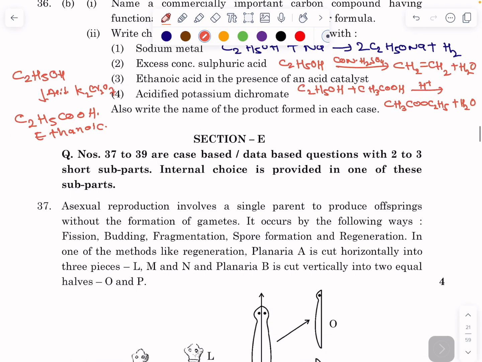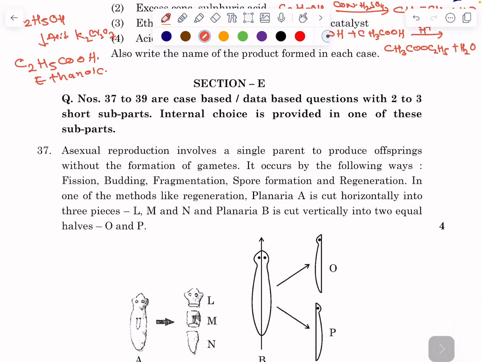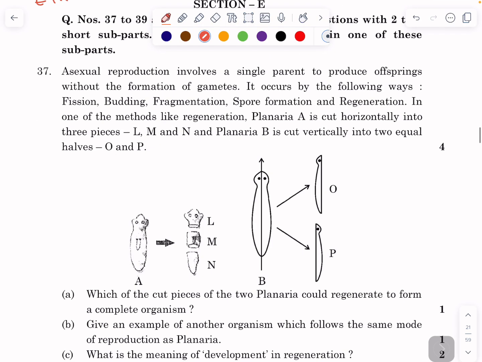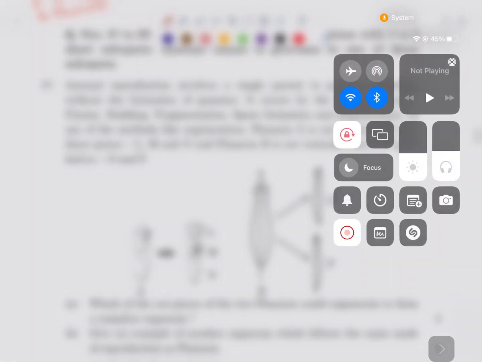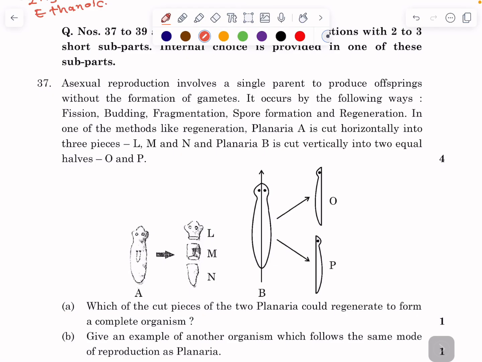Now come to the section E. Question number 37 to 39 are case based, data based questions with 2 to 3 short subparts. Internal choice is provided in one of these subparts. Asexual reproduction involves a single parent to produce offsprings without the formation of gametes. It occurs by the following ways: fission, budding, fragmentation, spore formation, and regeneration. In one of the methods like regeneration, planaria A is cut horizontally into the 3 pieces L, M, N, and